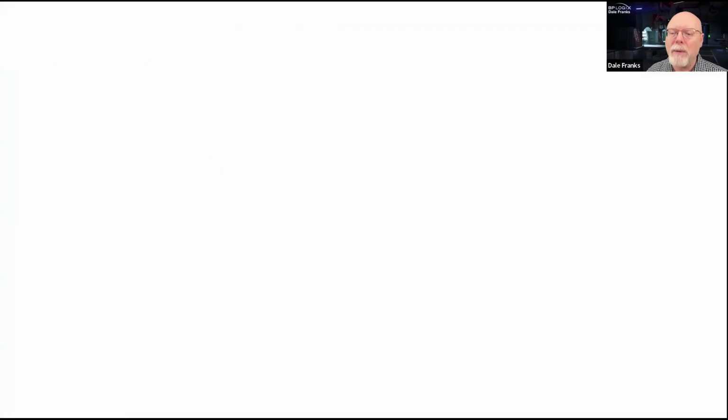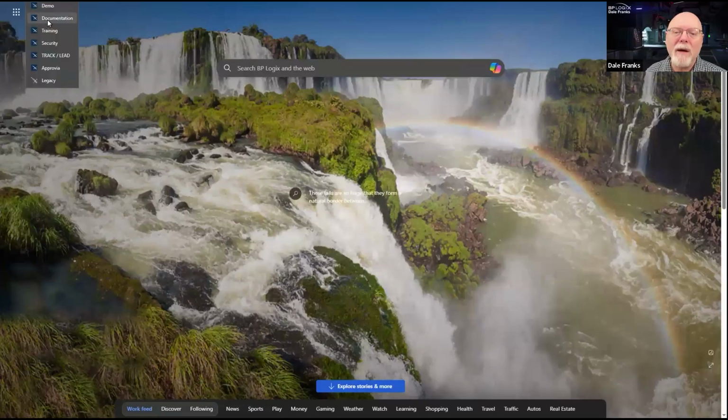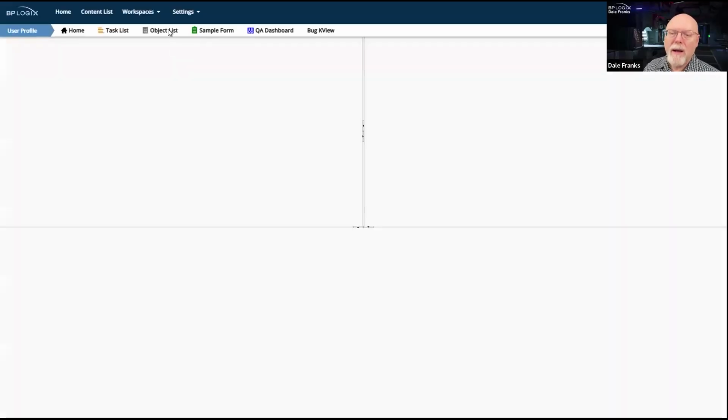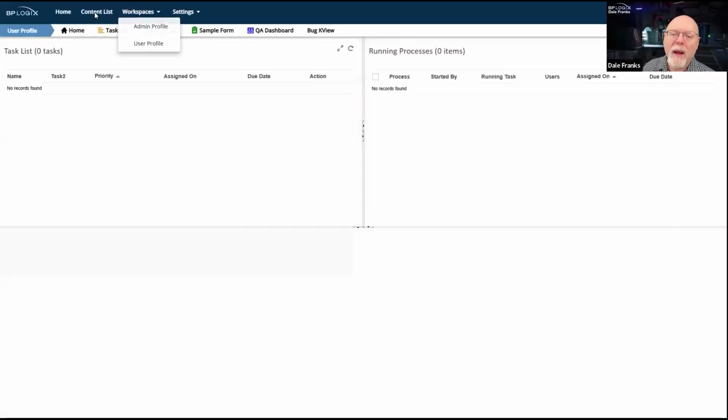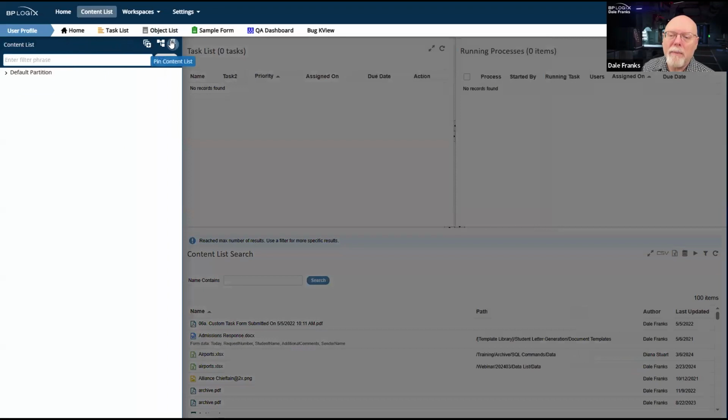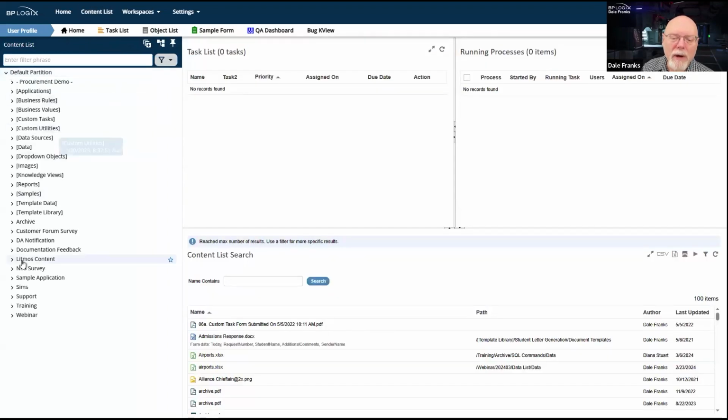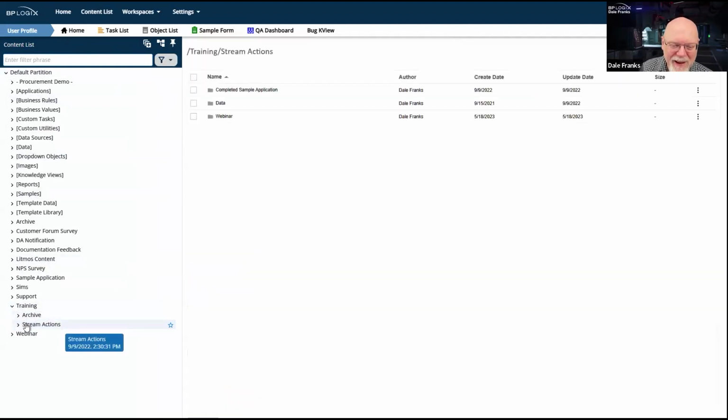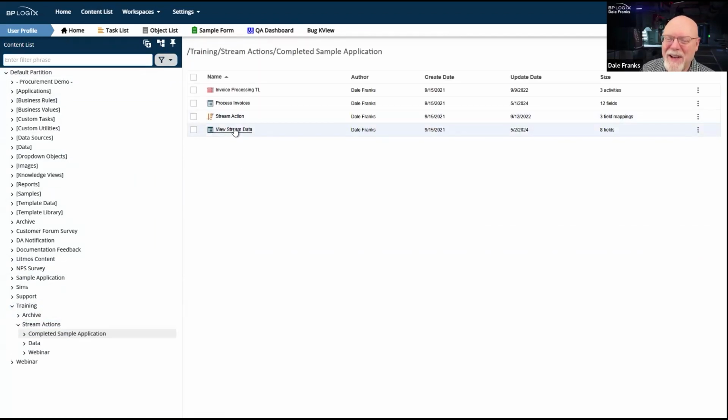Actually, what I'm going to do is just do a side-by-side comparison. So we'll go over here to training and let me open up, pin my content list here. And I want to look at my old form just to be sure that I didn't forget any. And by the way, this is going to be super convenient because this will enable me to copy and paste a bunch of SQL statements in a few minutes. So I do need to have it open in the second tab anyway.